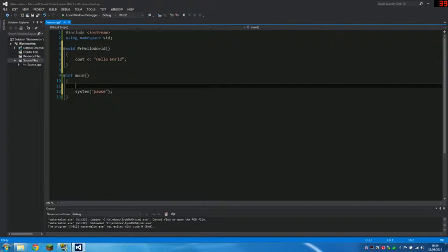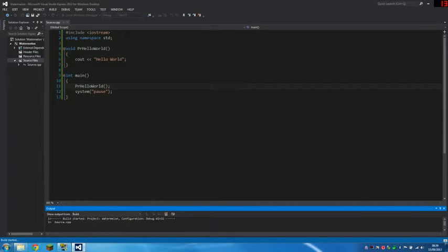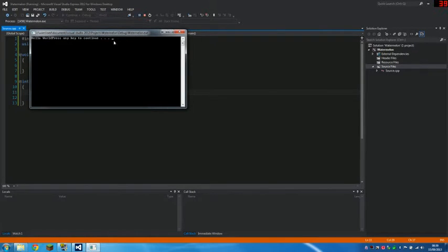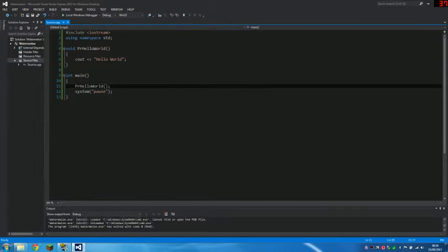Now basically what this is saying is when I call this, it's gonna do whatever is inside here. So just go ahead and go PrintHelloWorld, and now you can see